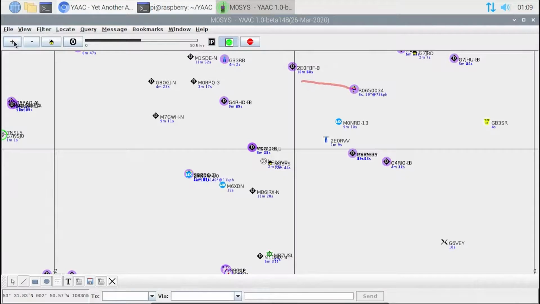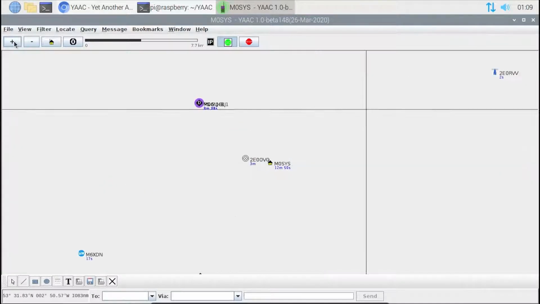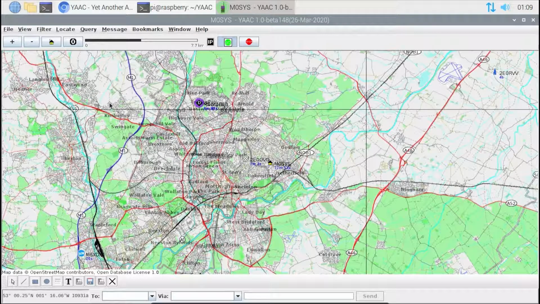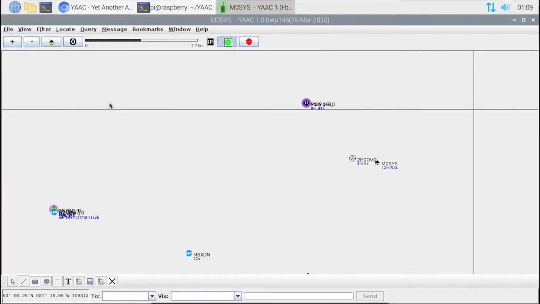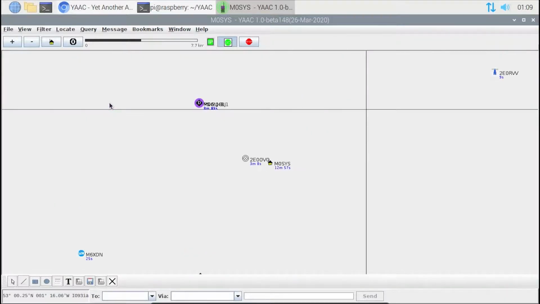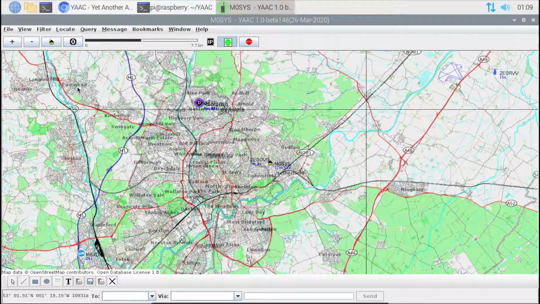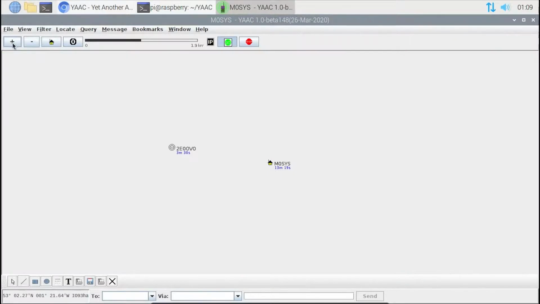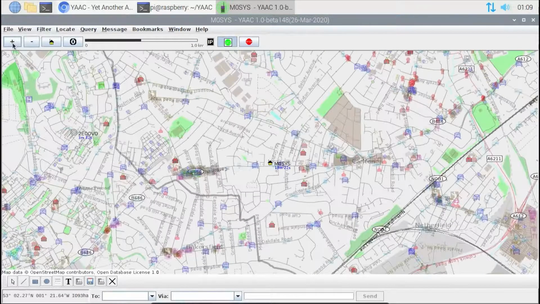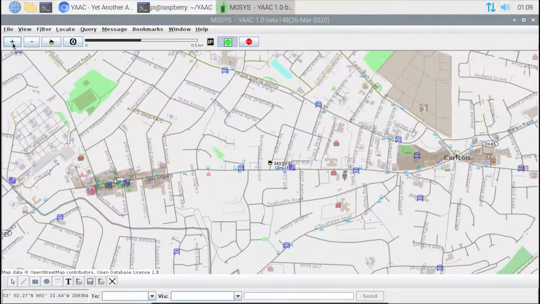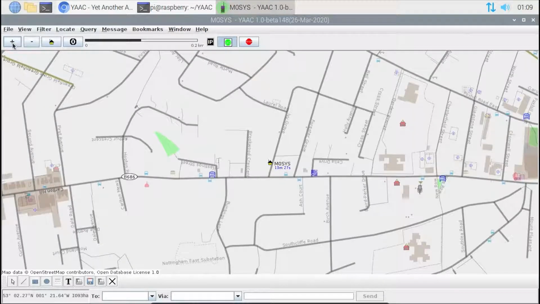One thing with YAAC here is it has a nice simplistic control panel at the top, so it's very clear on what all the buttons do, and I believe you can actually strafe up, down and left and right with the arrow keys as well. So as well as dragging the map around, you can actually zoom in and out with the plus and minus and navigate with the up and down, left and right arrows. Okay, so let's just zoom in a bit closer. As you can see, you can go to quite an incredible level of detail here,